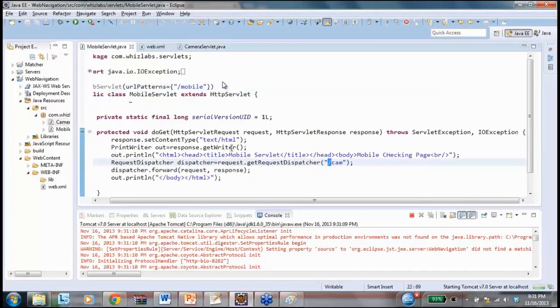Now this is one thing. Like, I just want a different page altogether. I just want a complete